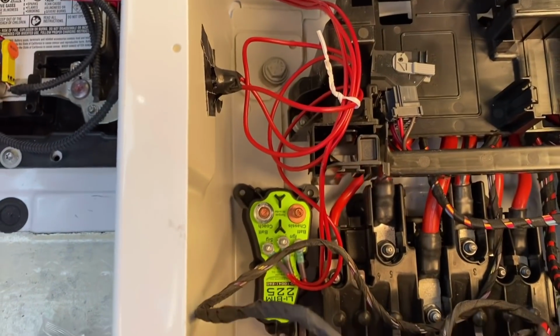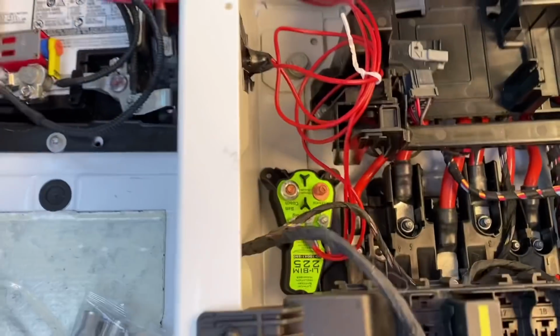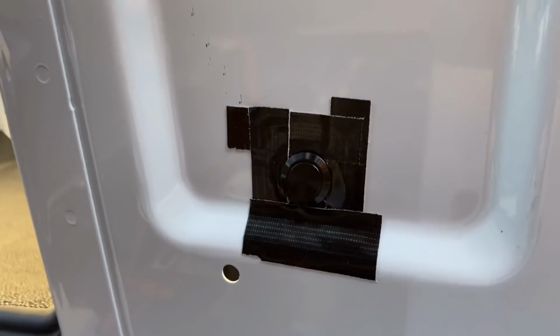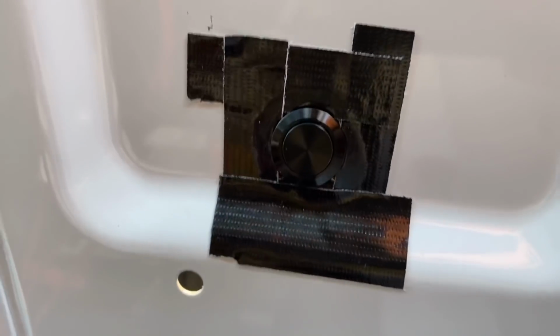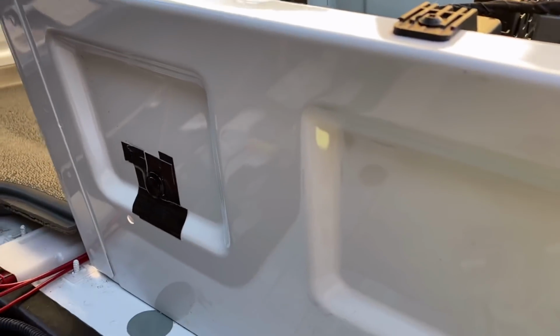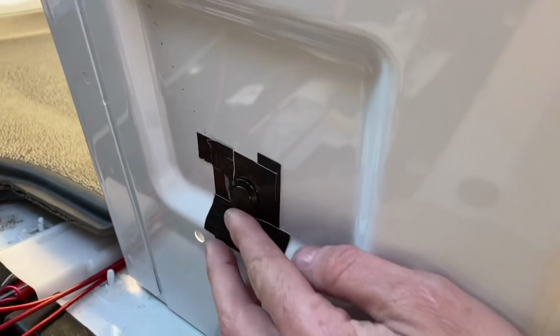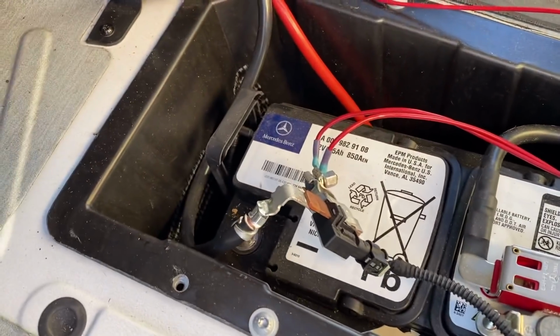So we've got our signal hooked up. We've got the positive wire and the ground. I just taped them up because I'm probably overly cautious. And here we are up front. Here's what it looks like. It is not the prettiest thing in the world, but I don't really care. I cut through the metal here and I wanted to protect that metal, and I didn't have Rust-Oleum, or I don't want to spray and wait for it, so I just taped it up, and here's our little switch. The ground goes through here, connected to the ground wire. And the next thing we are doing is the